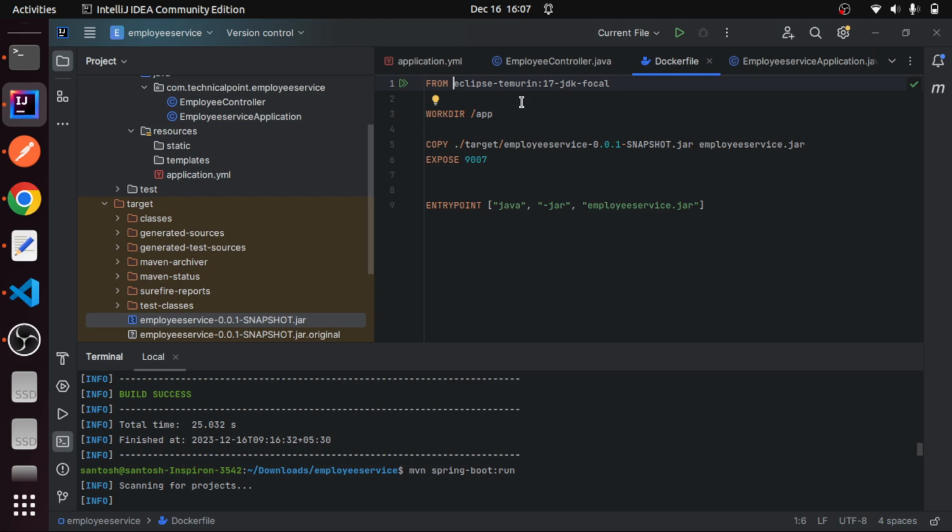Whatever information we have provided in the base image contains the runtime environment for Java 17, and also the base OS. Then we have set a working directory, app, and we have copied the current jar here as client service dot jar, and also we have exposed port 9007,